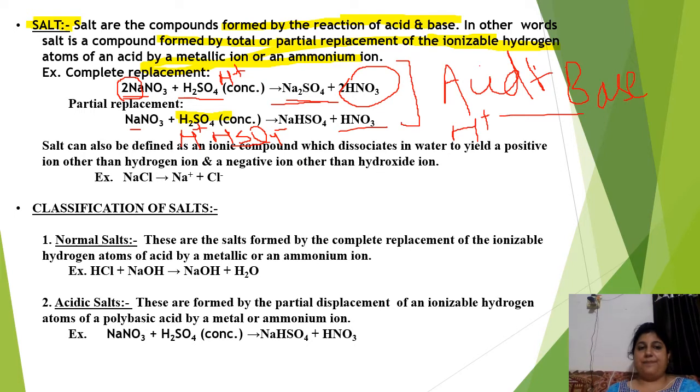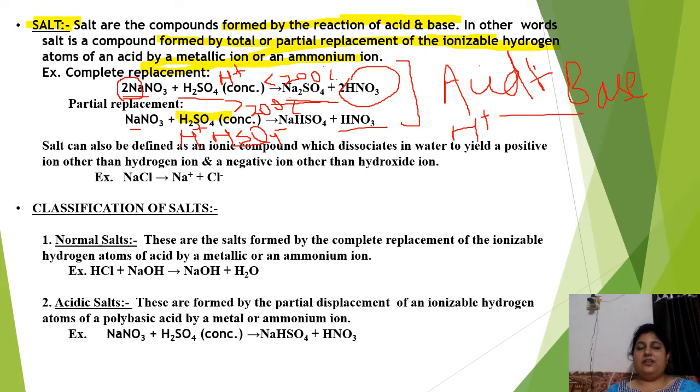The reactants are the same. So what is the difference? The difference is the conditions in which these reactions take place. ठीक है? दो condition है. In the first reaction, the temperature should be less than 200 degrees Celsius, and in the second reaction, the temperature is more than 200 degrees Celsius. ठीक है? Reactants are the same, but the conditions are different.